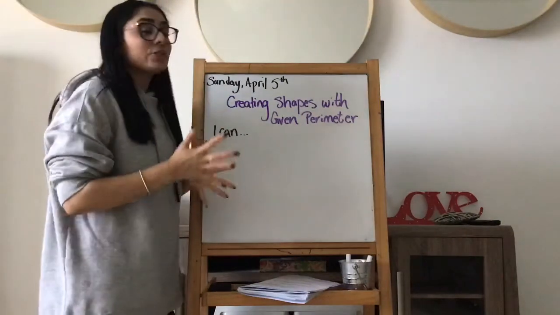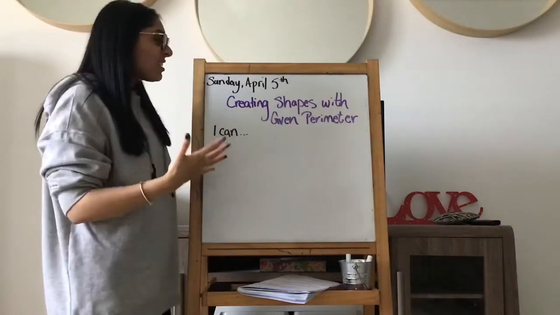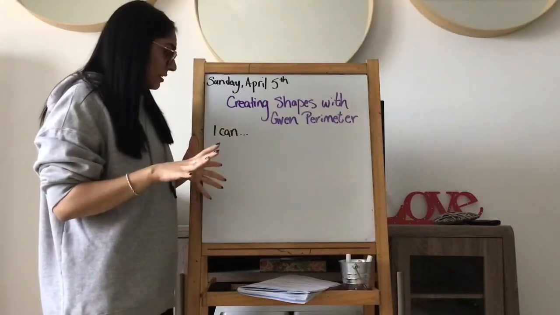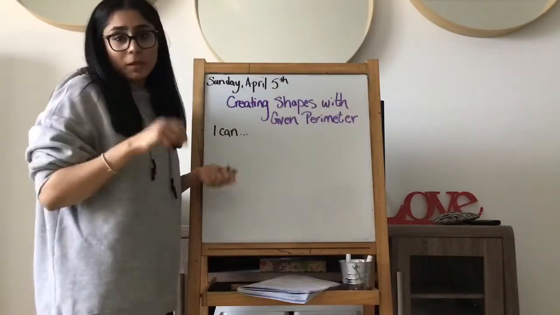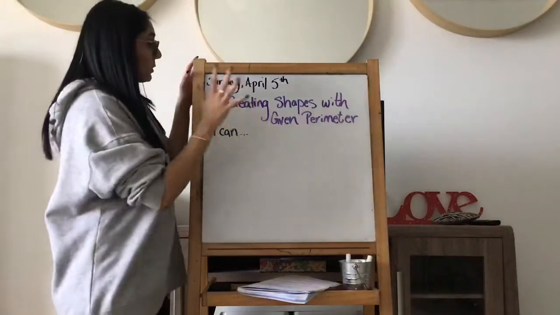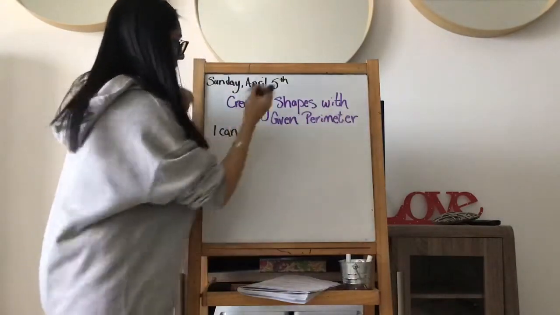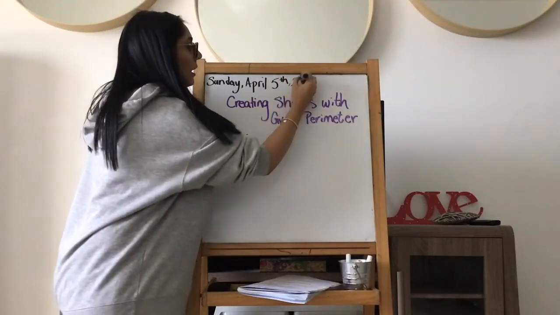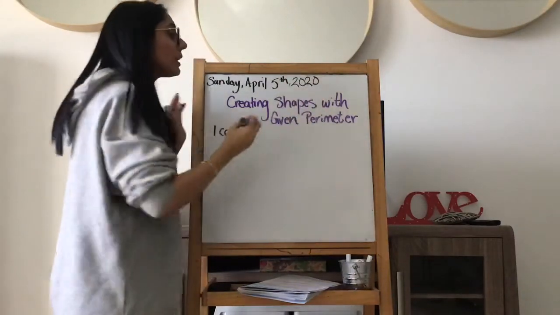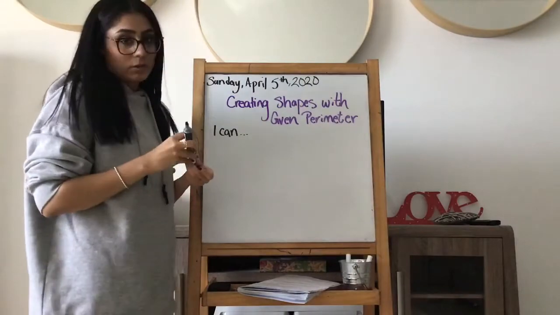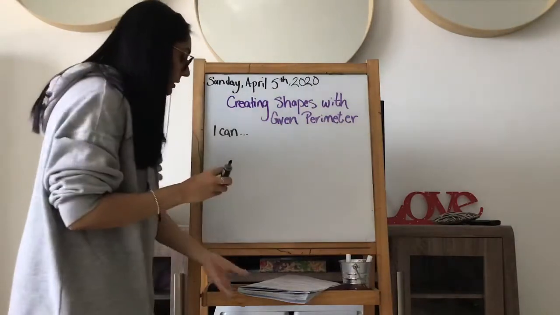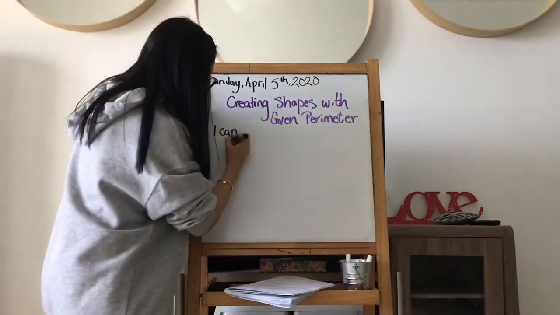All you need right now is your math notebook, a pencil, a highlighter, and maybe a ruler for the shapes, but you've got good paper, so you should be okay. So the date today, make sure you write that down, Sunday, April 5th. We got the year, 2020. And our topic for today is creating shapes with a given perimeter. So write this down, and then our I can statement is, I can